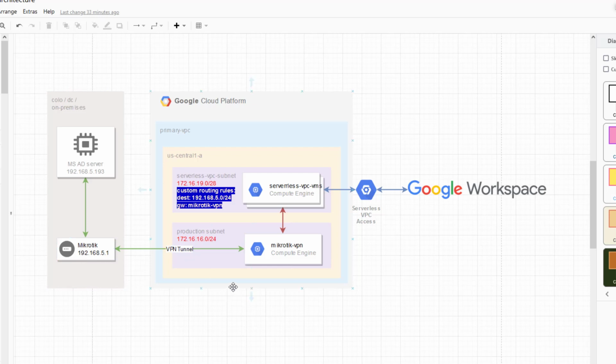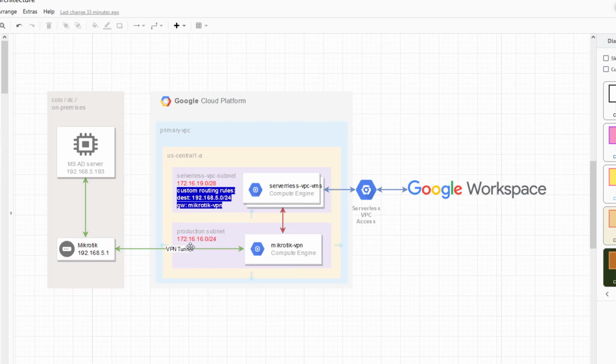So unfortunately that's the case for me, but then everything is doable. In my scenario, this is a MikroTik-based appliance that I am using because I'm familiar with MikroTik, and I have a physical MikroTik in my home as well. So I have connected, this is a virtual machine, I've connected both together through a VPN tunnel, SSTP, L2TP, whatever. And if you notice, this MikroTik is sitting in a subnet called production subnet with the